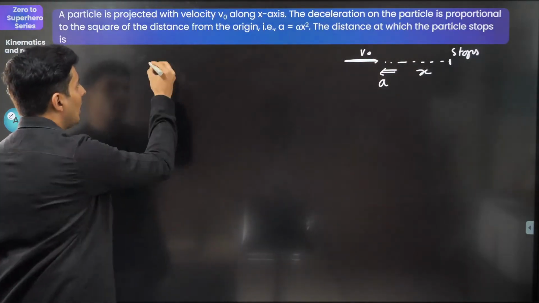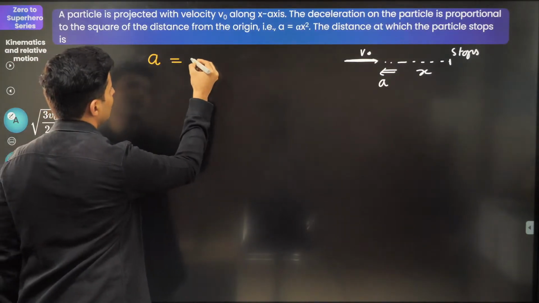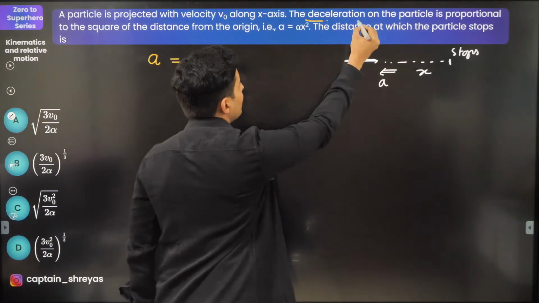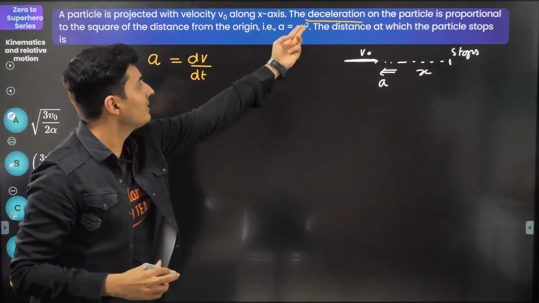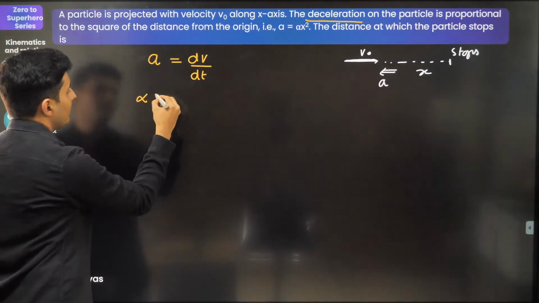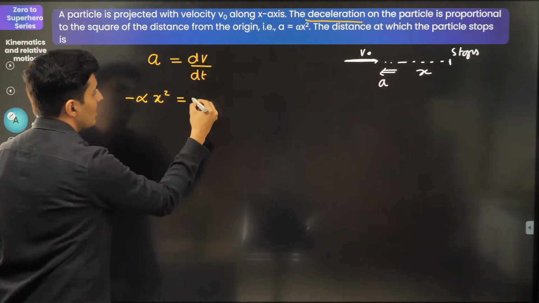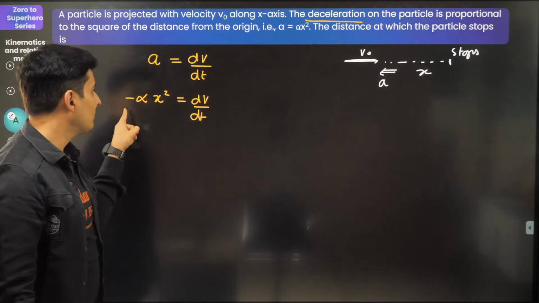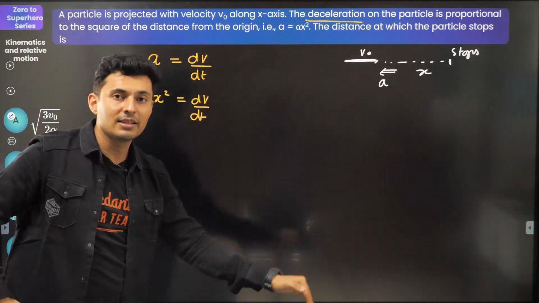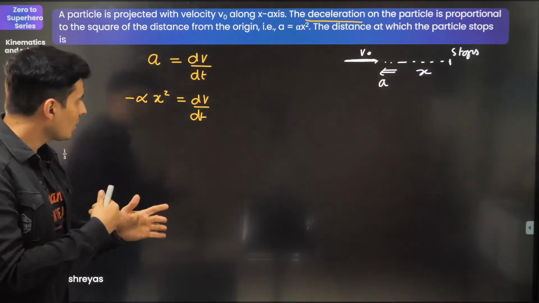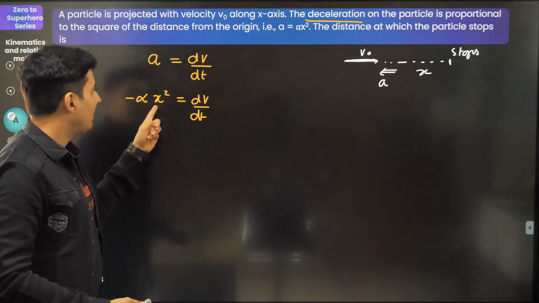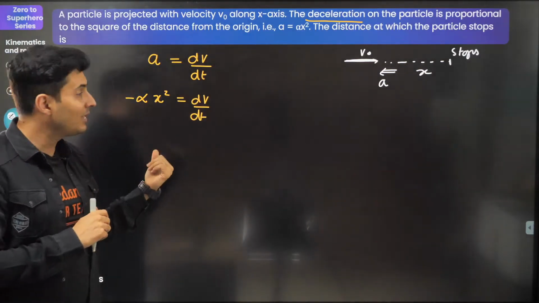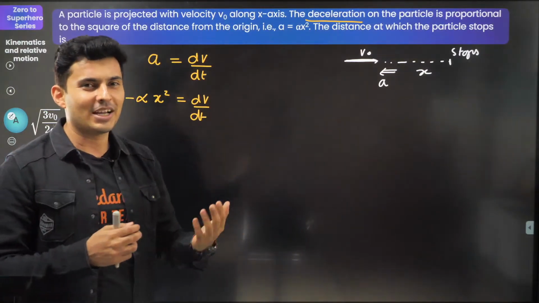So, how about writing acceleration by definition as dv by dt? But it is clearly mentioned it is decelerating. So the value of acceleration which I will substitute, alpha x square, will itself be negative because of the word deceleration. The rate of change of velocity is negative because it's decreasing. Cool, let's try to solve this. Oh, I have a problem. I have x, I have velocity, and I have time. Some of you are saying, sir, v square is u square plus 2s.